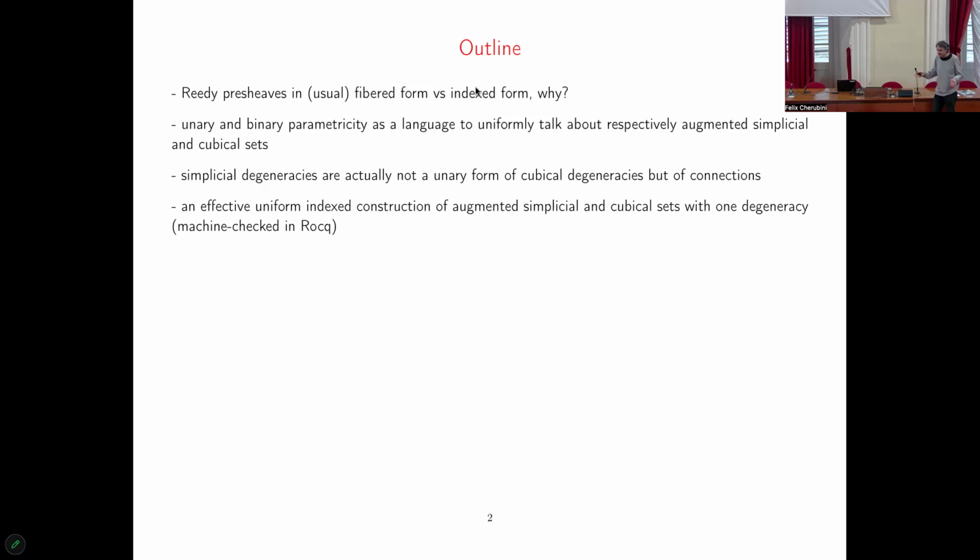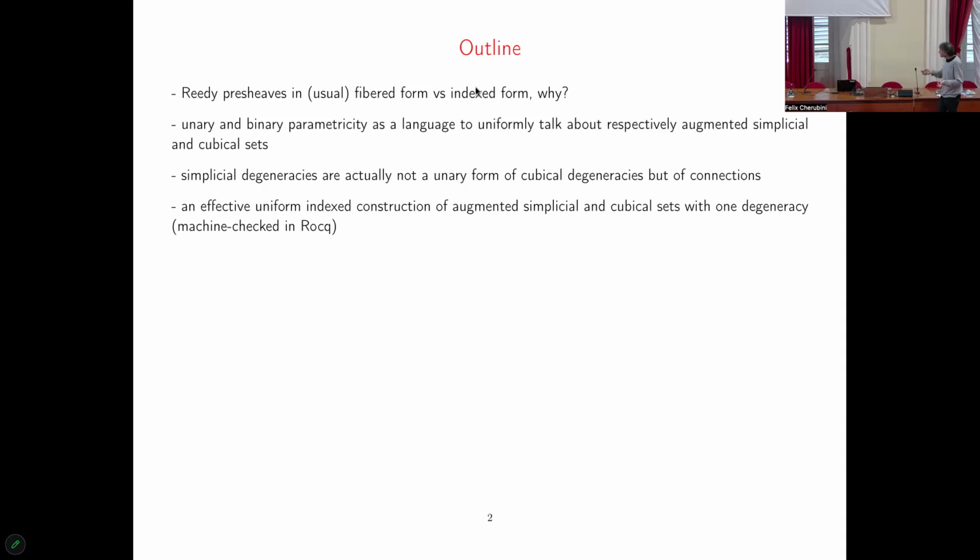counterintuitive, because usually in category theory we have the presheaves on the fibration, on the fibered side, but we can look at the presheaves on the index side in the general view. We can see them also as fibers, because we have maps from sets to sets, and then go one level more on the index side, and have what we call semi-simplicial types, but replacing types by sets. So this is an indexed way to present presheaves. This work is about an indexed way to present presheaves.